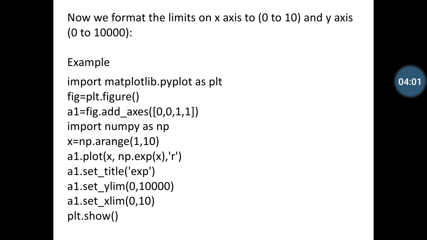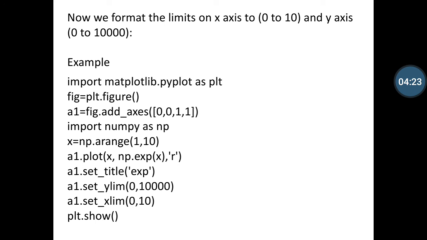Now we format the limits on the x-axis to 0 to 10 and the y-axis to 0 to 10,000. So I am writing the above code in an example. First of all, import matplotlib.pyplot as plt.